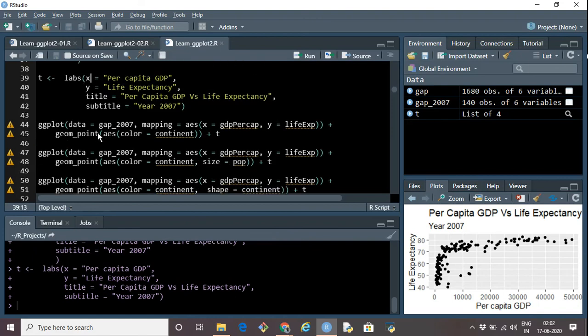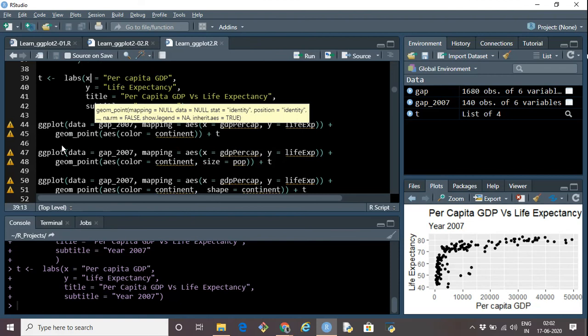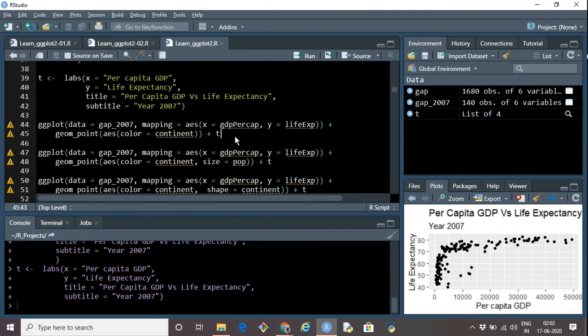So next I'm again doing a scatter plot. This time what I'm doing is ggplot. Name of the data frame is gap_2007. Mapping is on the x-axis again GDP per capita, y-axis is life expectancy. Now the points that I was getting earlier were all black in color. Now I want those points to be colored based on the continent, and then the t object to be applied, which contains x-axis, y-axis, title and subtitle values. So if I select all these things and I execute it,